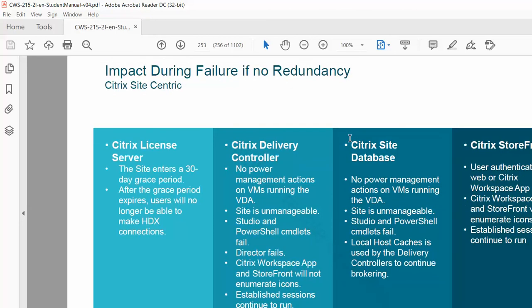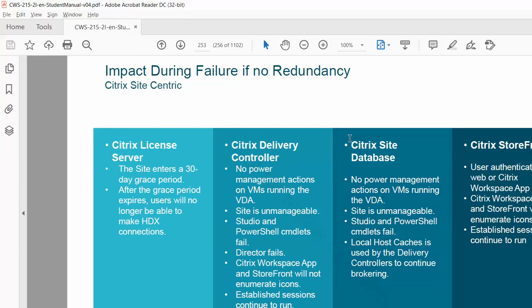So now, the impact during failover if there is no redundancy. For example, if you're not providing redundancy, what is the impact? Guys, this is the most important slide. I'm really liking this PPT because in previous PPTs, this kind of single consolidated view for comparing was not there. You would have to check different articles to find solutions. But in a single slide, they provided what happens during failure if there is no redundancy, with completely clear documentation. So take a screenshot.